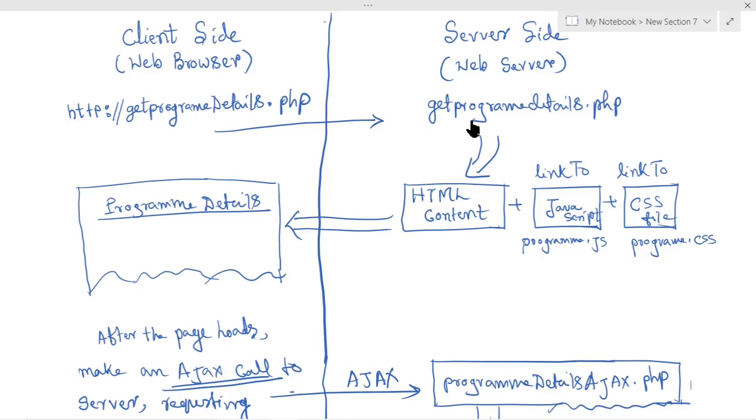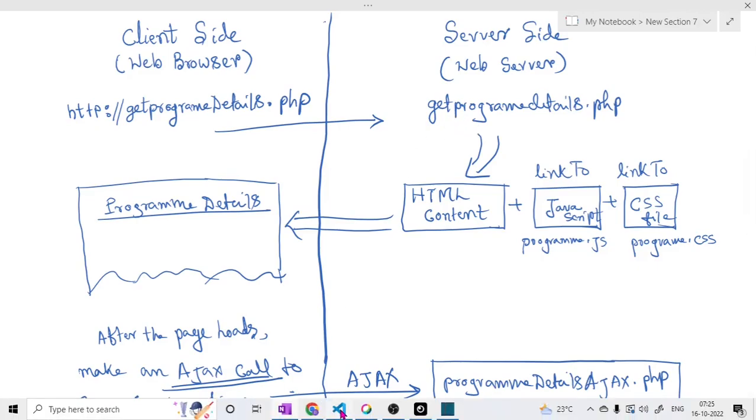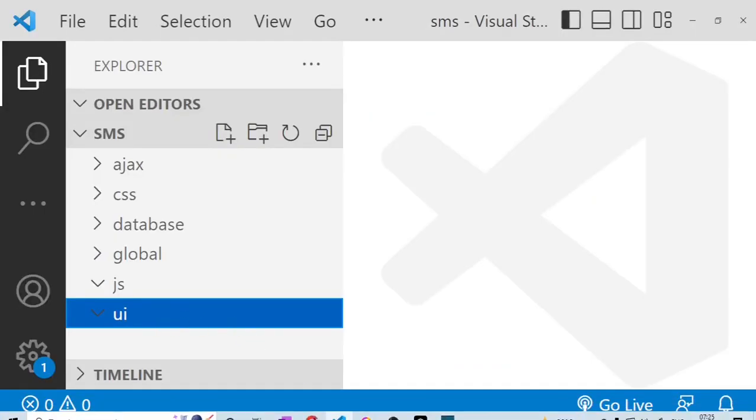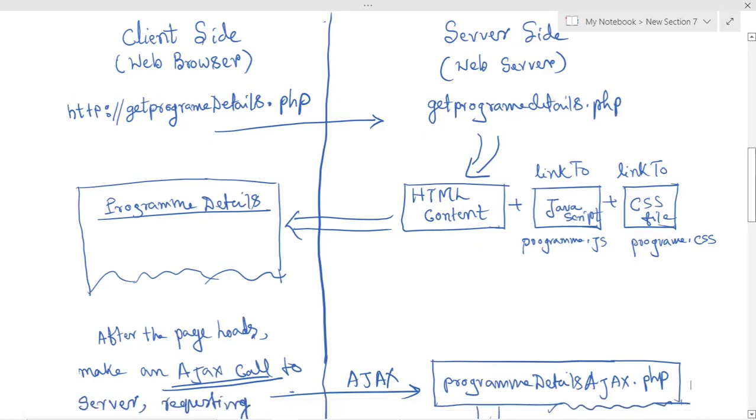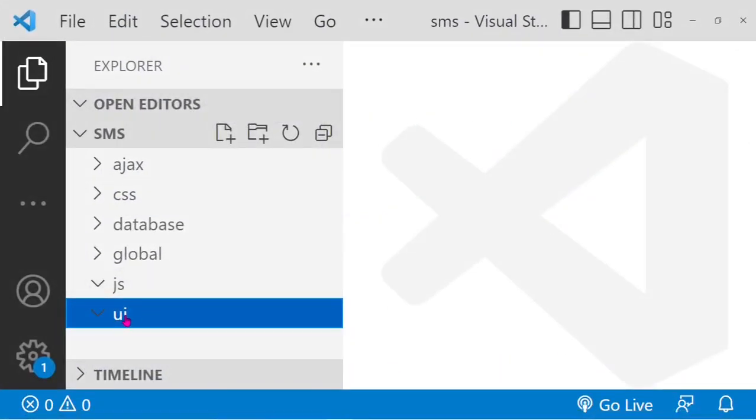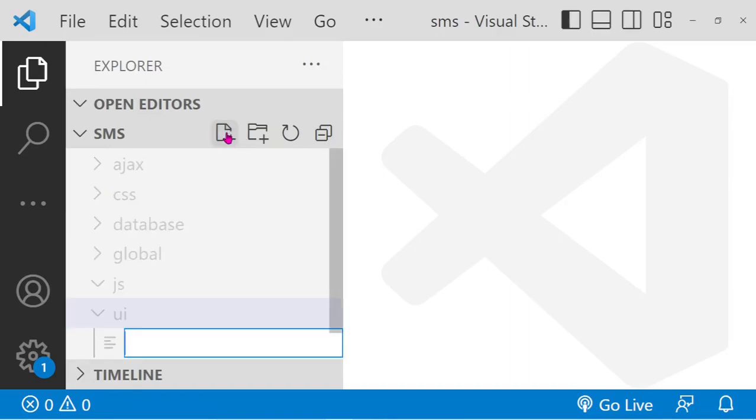So in that case, there could be multiple landing pages based on the feature. So all these landing pages we're going to put inside this user interface folder. Okay, let me create this. Now for today's project, let me create this getProgramDetails.php file inside this folder. So I'm selecting this folder, and inside that I'm creating this